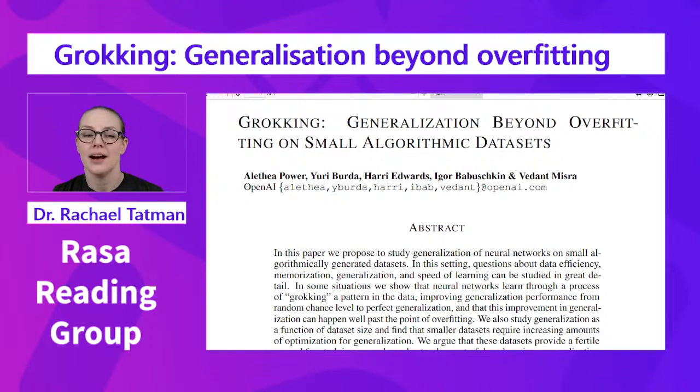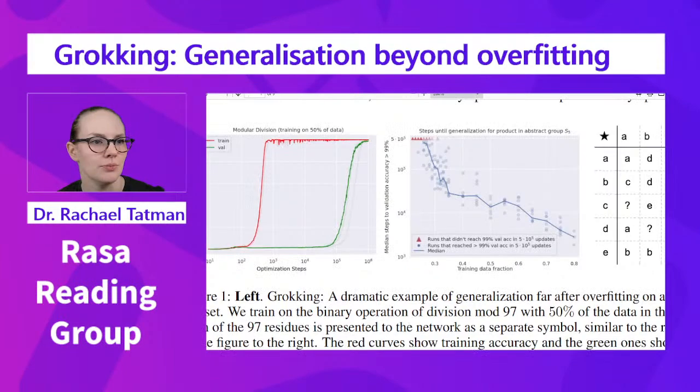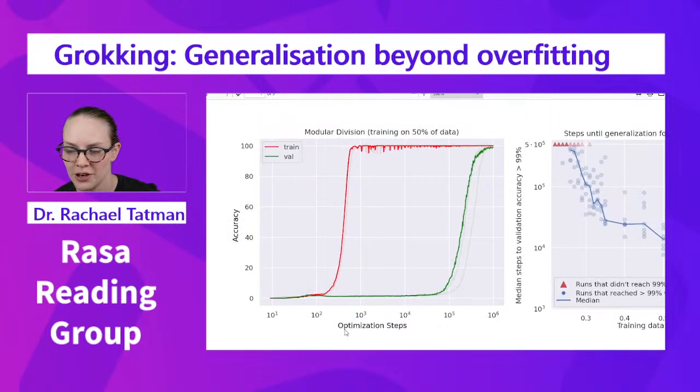Sorry about that. So this particular pattern, Grokking, is pretty similar to double descent. We're going to talk about all of this in a second, but I just want to show you what it looks like. For those of you who are familiar with training and validation set accuracy,